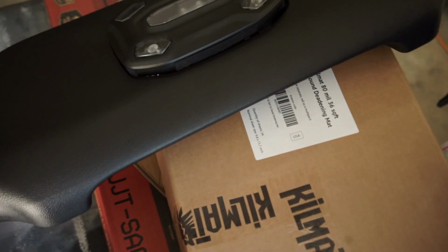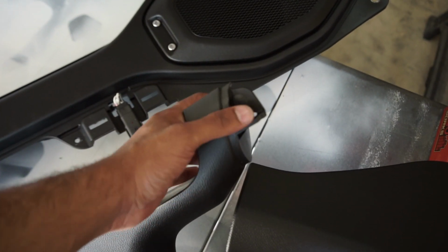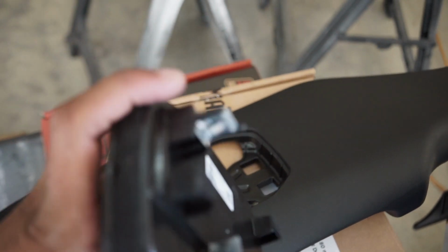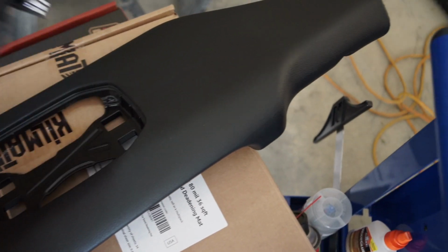All right, so I forgot to mention a few things with removing the panels before you can get the soundbar out. There is a Christmas tree clip or clamp or whatever it's called in one corner. Like this is up top by the driver, by the door. You have that one Christmas tree that you have to pop out, and then the light itself is just held on with 2 metal clips. So use a pry tool, you can pry that out, and then you just disconnect